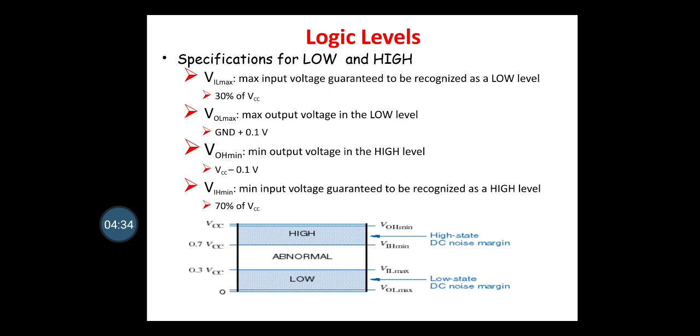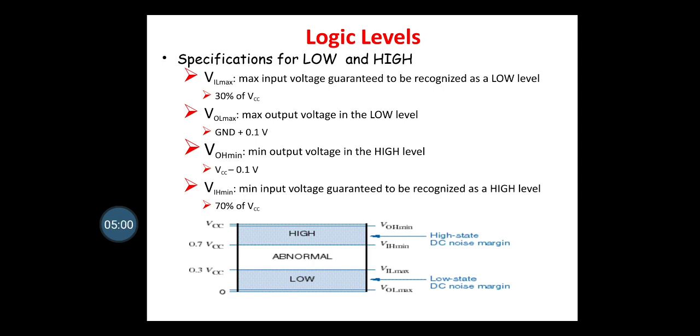Then next is VOL max, that is the maximum output voltage in the low level. That is logic 0. So it can be ground plus 0.1 volt. So that is VOL max. Then VOH min is the minimum output voltage in the high level. So here you can see, as in the diagram,